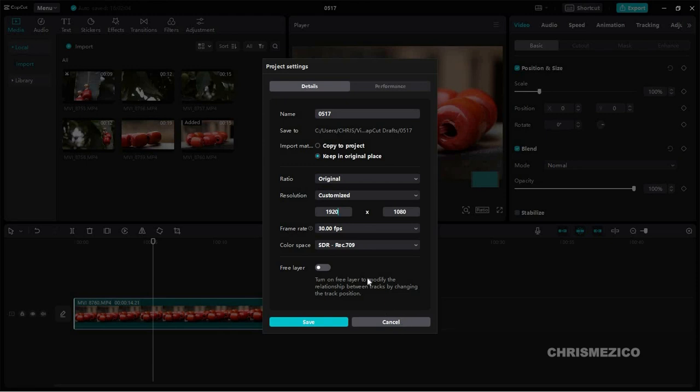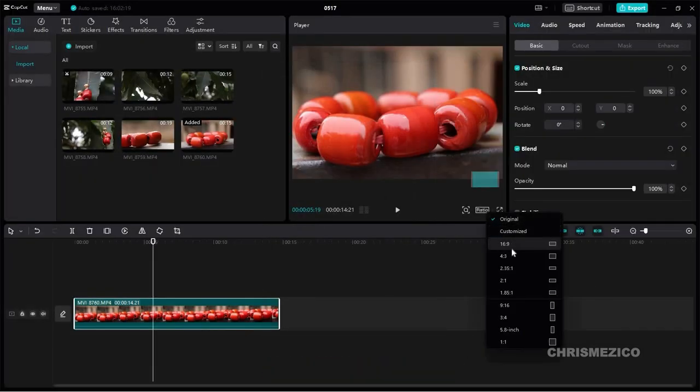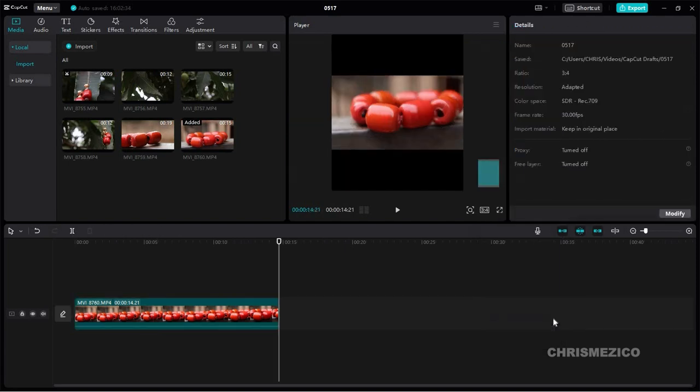Okay, after adding it and everything, you can press OK and it will be saved, or rather you can choose automatically from the ones they have already provided for us here. Let me say I need a portrait frame, so I can use this 3x4. As you can see, it has changed to a portrait